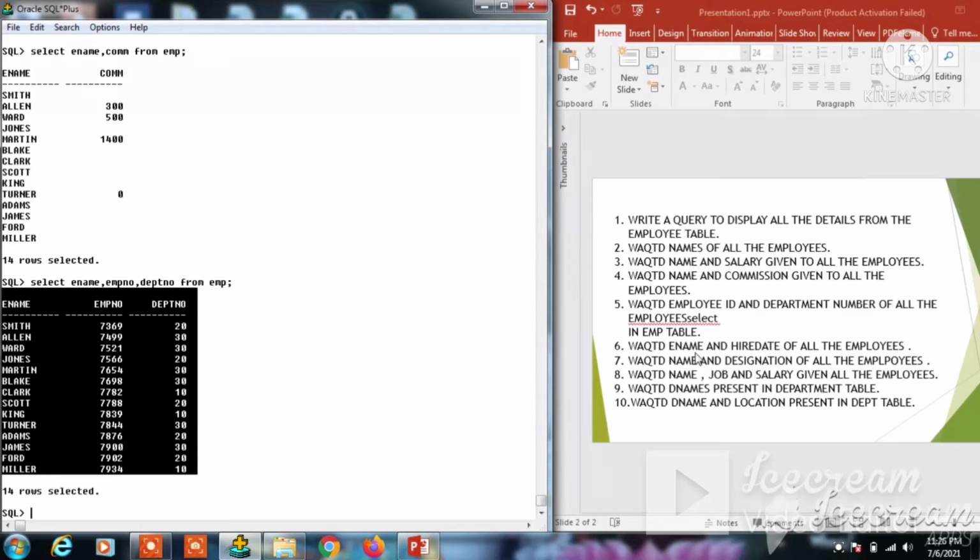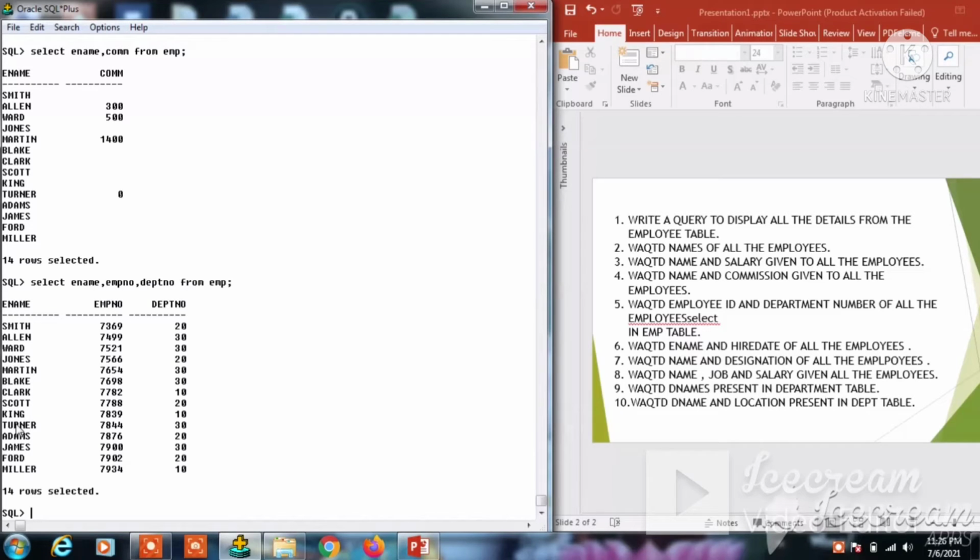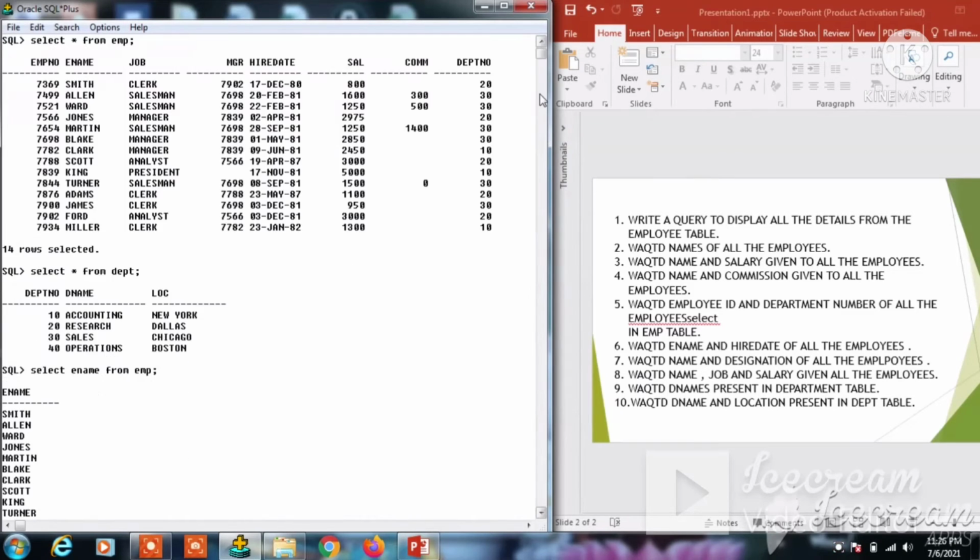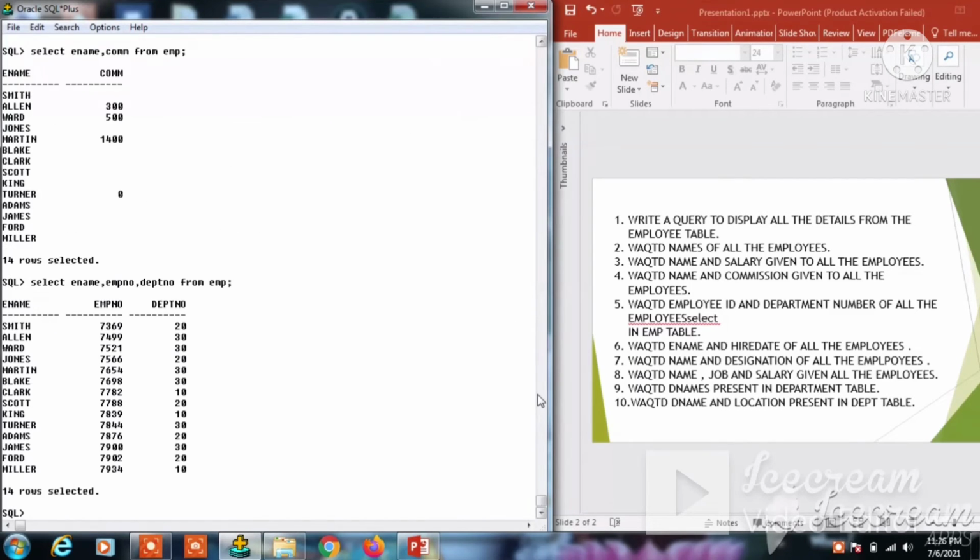Write a query for employee name and hire date of the employees. He wants only the employee name and their hire dates. The column name of hire date is hiredate, so there is no change.